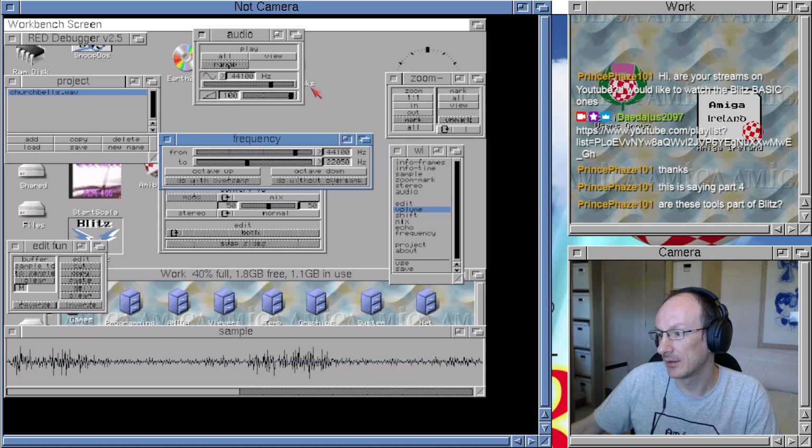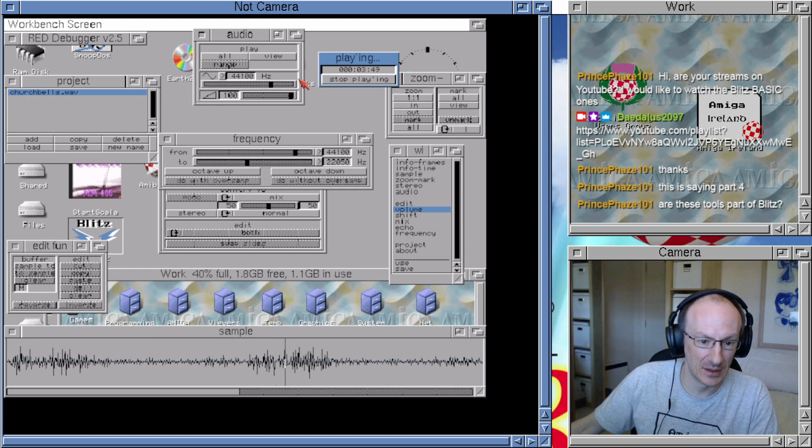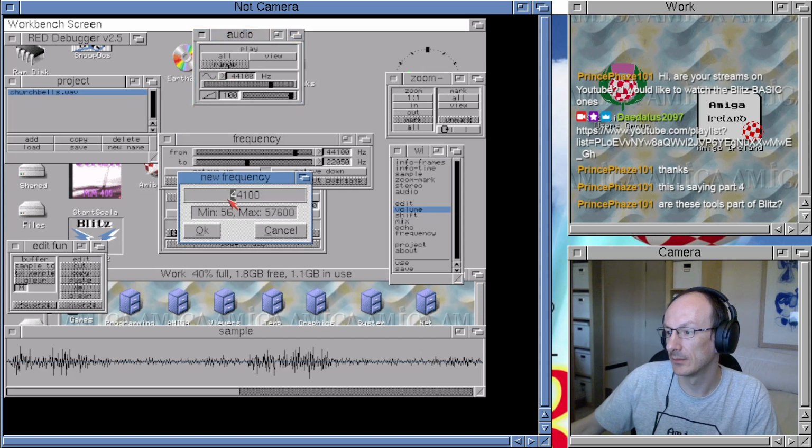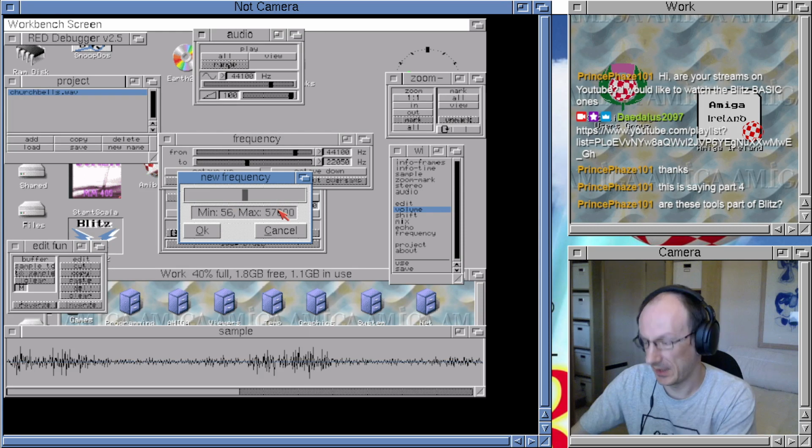So now if we play it, you'll hear that it's actually running at half speed because we've slowed it down, and we're expecting 44.1 kilohertz. So if we set the actual sample frequency to 22050,